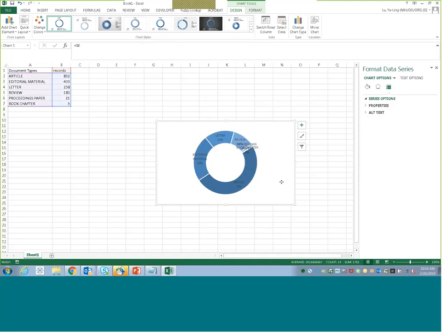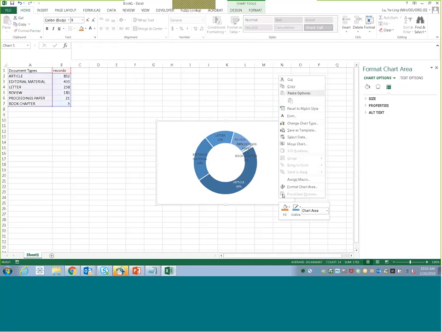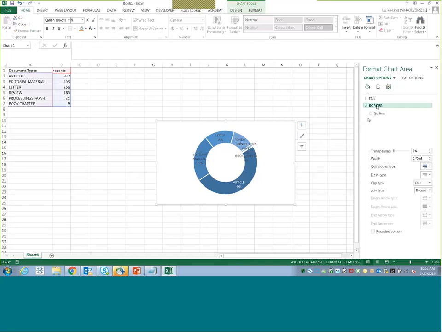If you're still not happy about it, you can select one of them and drag it out so that it wouldn't be so busy. Okay, or if you would like to change the color here, you can go here, select one, and then change it to white. And after that, we usually do not need a border, so we'll pick no line, we select it, and then you can just,